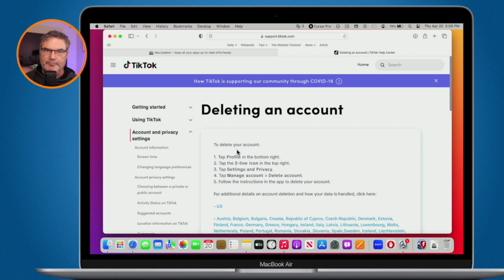Now, the last thing that you may want to do is, if you're getting notifications, especially on the Mac, we've all seen it, where when you go to a website, it says, do you want to receive notifications? And if you click yes, when someone says something on TikTok or Facebook or whatever, you'll get a notification for that in the notification center.